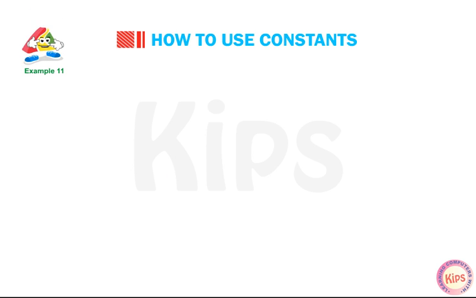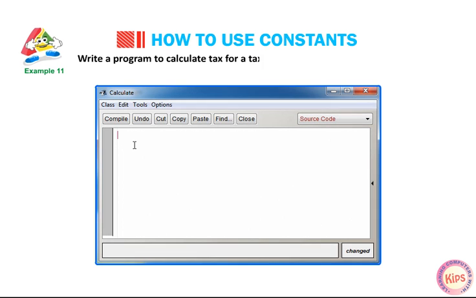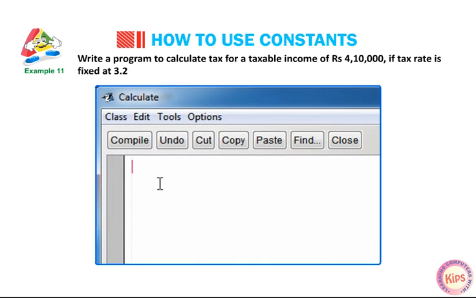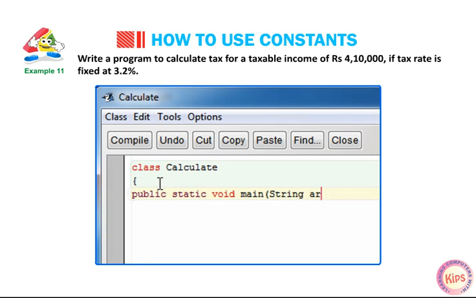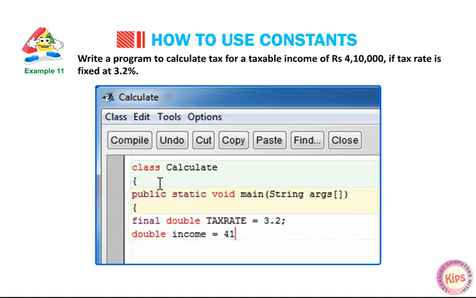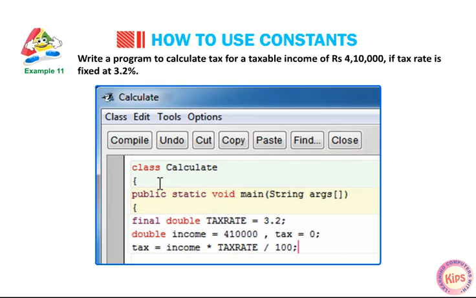Example 11. Write a program to calculate tax for a taxable income of Rs 4,10,000 if tax rate is fixed at 3.2%. class Calculate { public static void main(String arg[]) { final double tax_rate = 3.2; double income = 4,10,000, tax = 0; tax = income * tax_rate / 100;